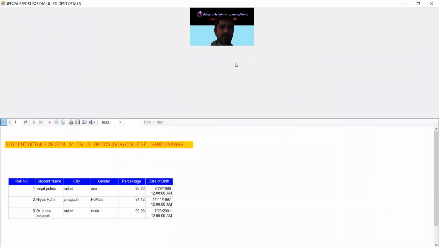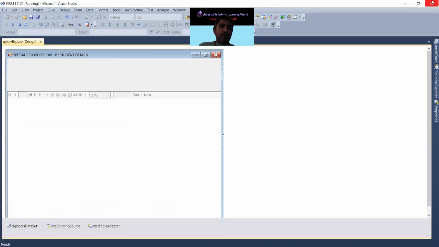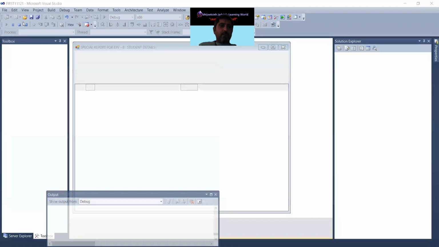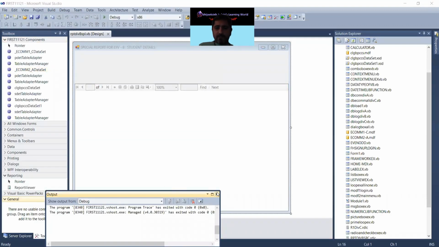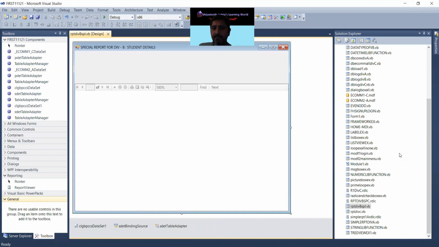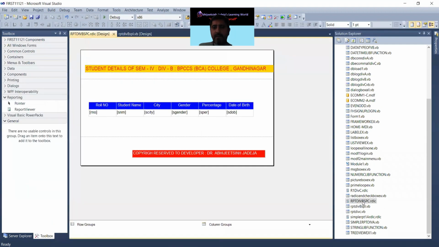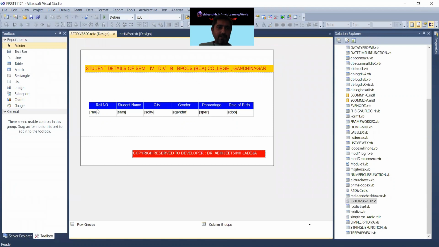The thing is that I want to shrink the roll number, and grow the student name, city Rajkot, percentage. I do not require so much. So let me format it properly so you people can enjoy the proper format. So I want the students RPT RDLC file, RPT division BSPL. When I double click on it, okay,